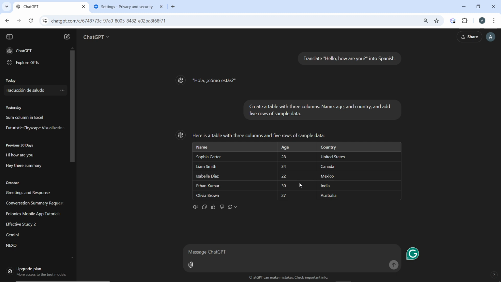Number one, save important chats before deleting. If you have important conversations, it is a good practice to save them before deleting. Now you can copy the text and paste it into a document or use export options if available in your interface. Then, if you frequently need to keep track of your conversations, consider using an external tool or app to